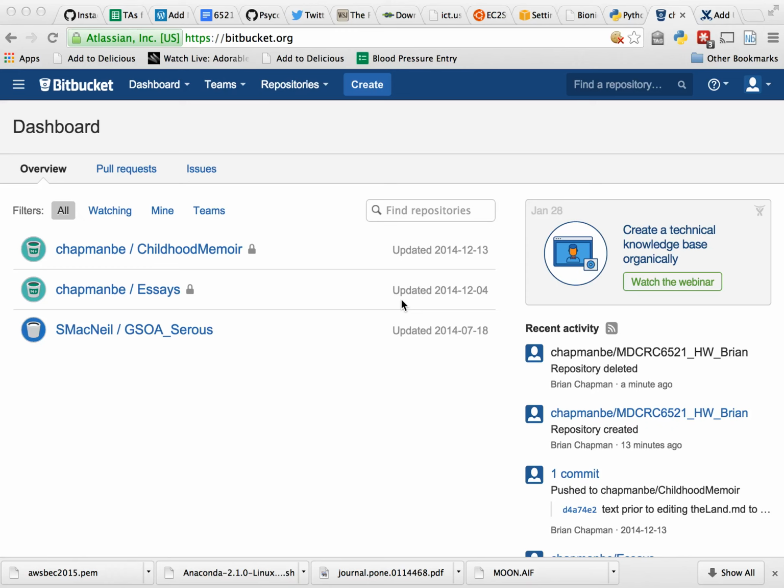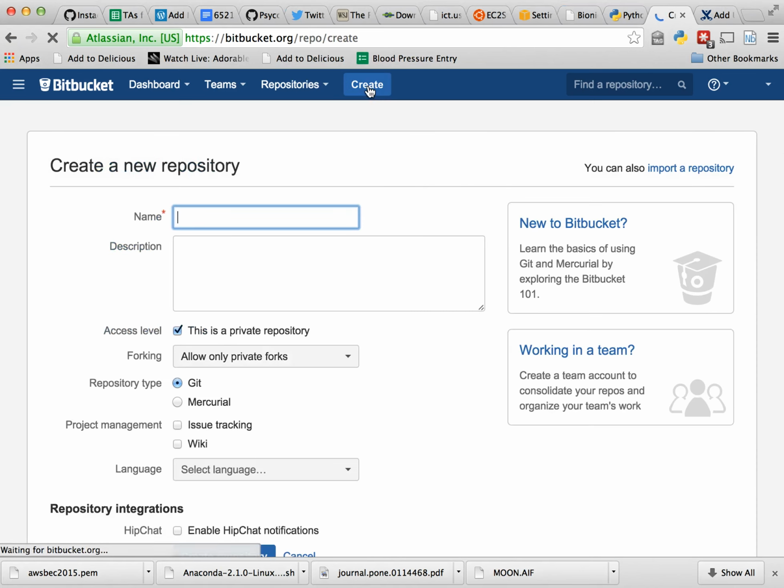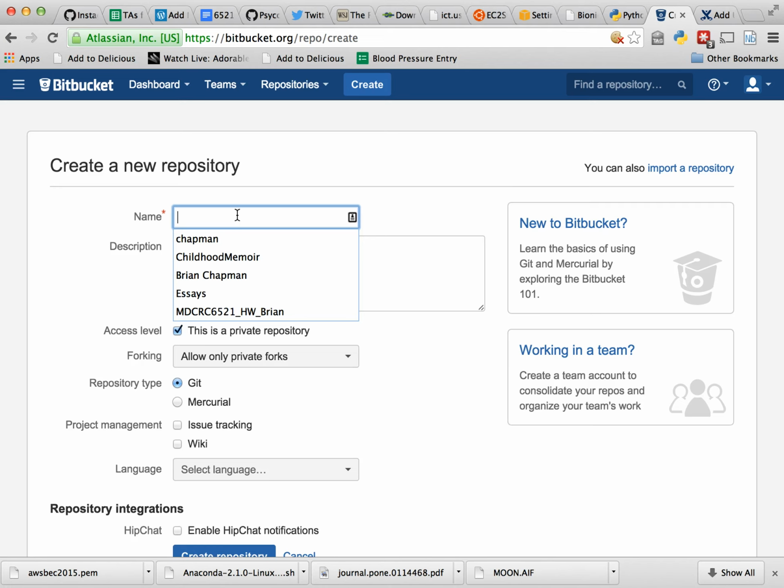Okay, I'm going to step through creating a repository on Bitbucket. Assuming that you've already created an account and have logged in, you will be directed to the dashboard, and this has a simple step-through process that we'll follow. So first of all, just click on Create, and we're going to create a repository